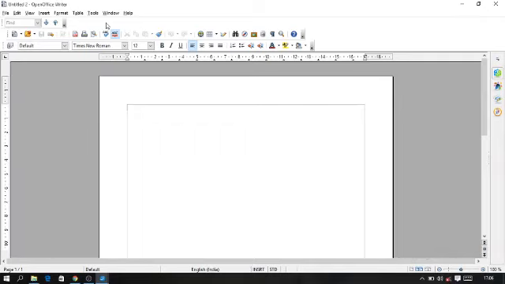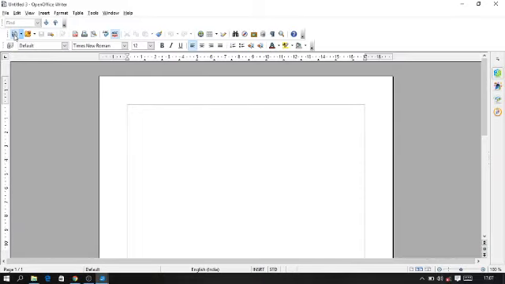After this, another method is also there, that is the keyboard shortcut. For this purpose, the keyboard shortcut is Control plus N. Control plus N means you have to hold down the Control key and press the alphabet N. The third method is to click on the New icon, which is present on the standard toolbar. Directly click it over here and then a new window will display on the screen.